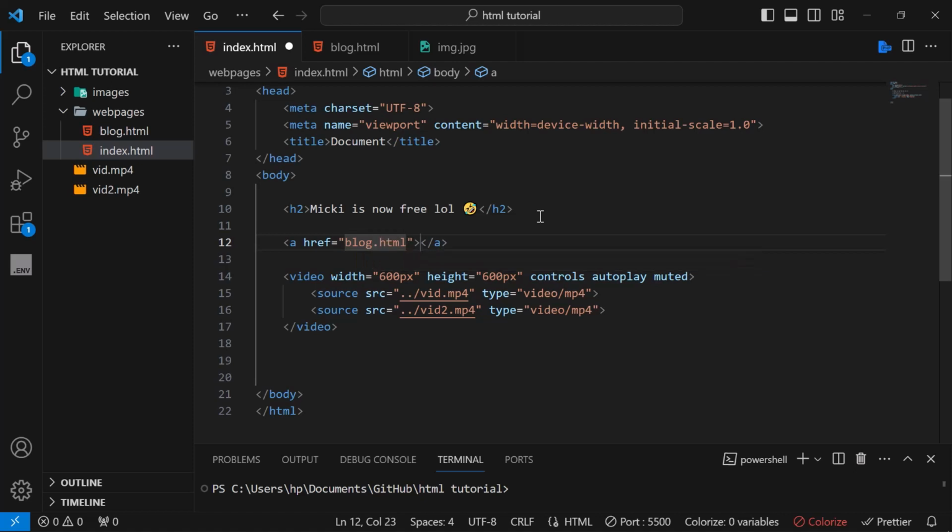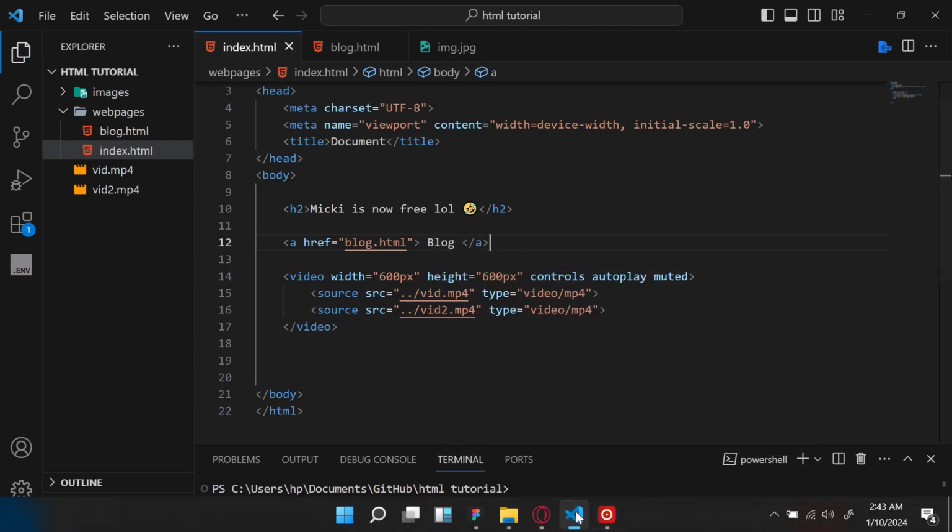blog.html. Now the way anchor tags work by default, if you're using the a tag, you need to specify what will be written in the a tag. Because right now, yes, you have the anchor tag that points to the web page, but what should it be named? What should the link appear as? Right now, I'm going to say it should appear as, okay, let me just say blog. So if I open my site now,